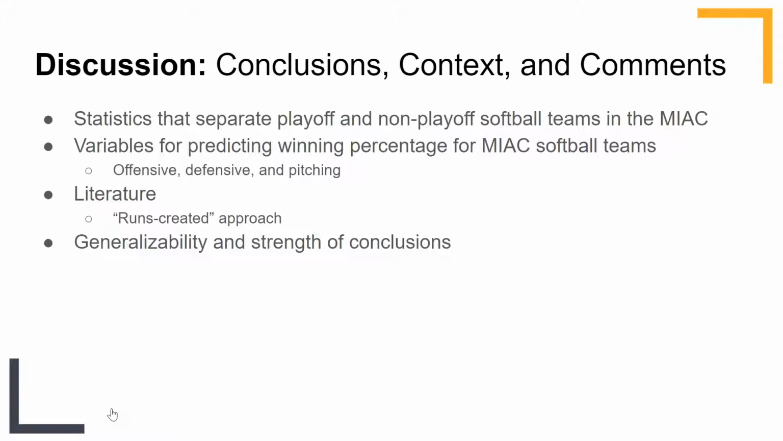non-playoff teams. Our analysis suggests that the most important of our key variables in predicting winning percentages for MIAC softball teams are running percentage, an offensive measure, fielding percentage, a defensive measure, and earned runs against, a pitching measure. Our findings suggest that the runs created approach to offensive statistics. This approach focuses on statistics that creates runs for a team rather than examining strictly individual batter successes at the